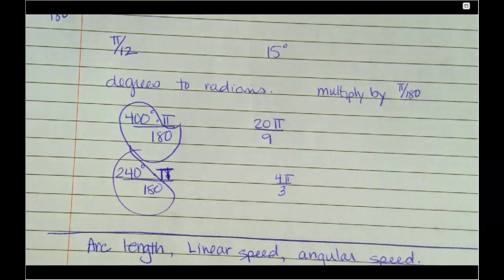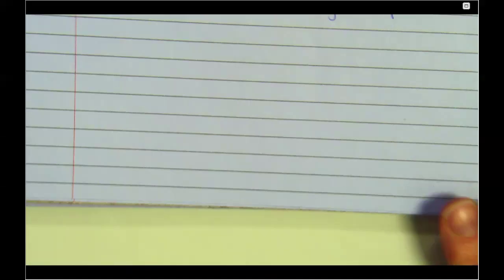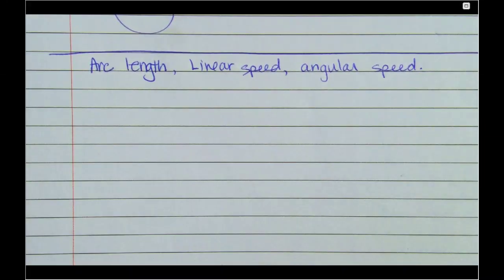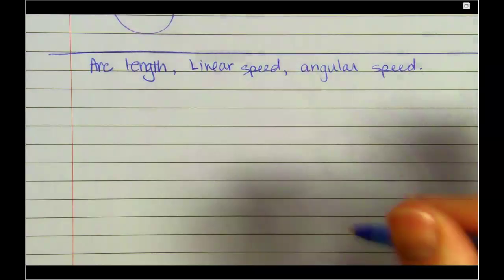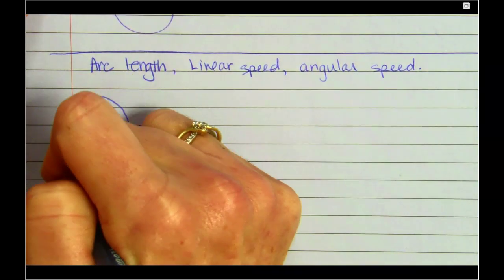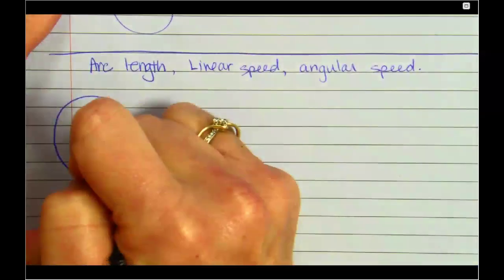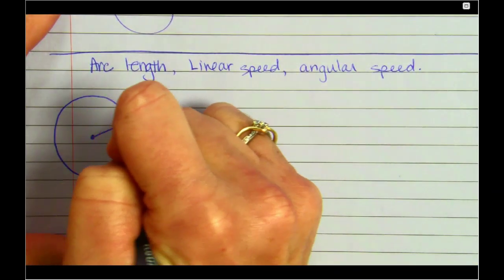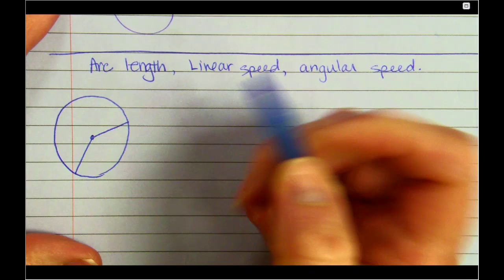None of these concepts are difficult. They're all formula based, so they should be pretty easy. A couple of things you need to know, a couple of circle terms. Not such a good circle, but if you have a radius and a radius,